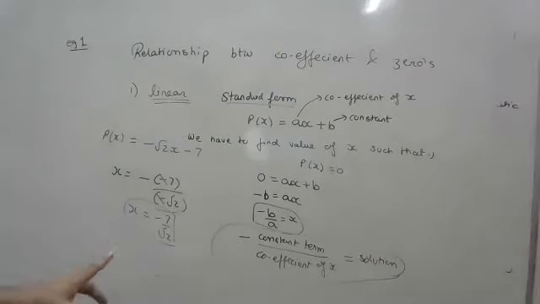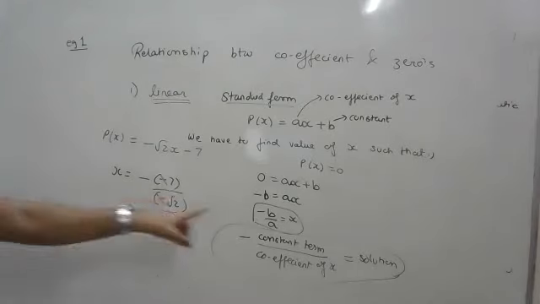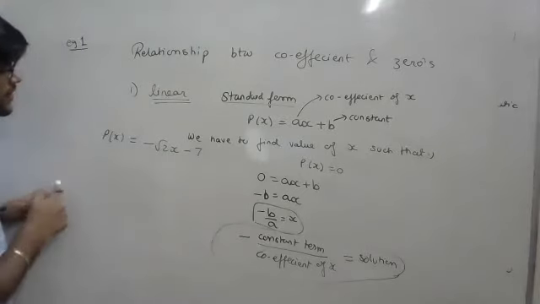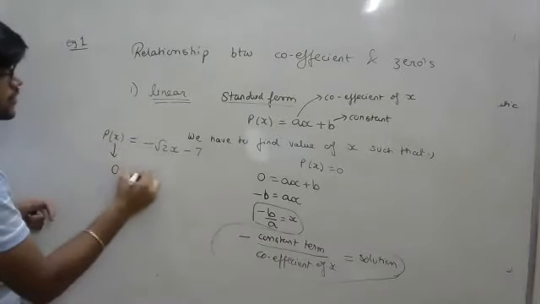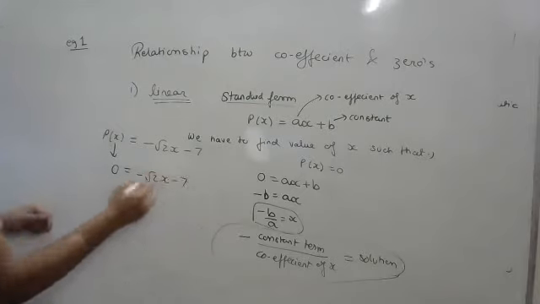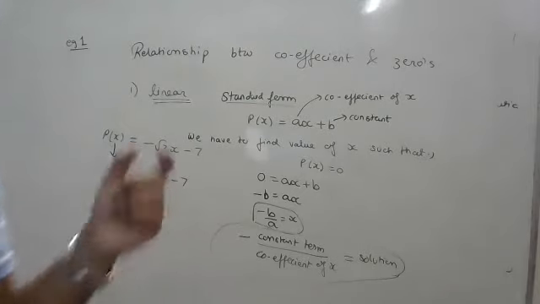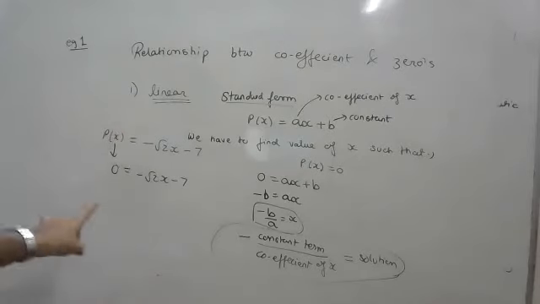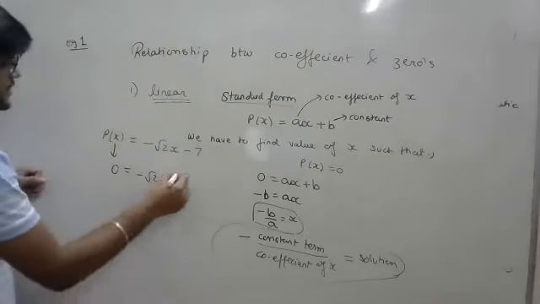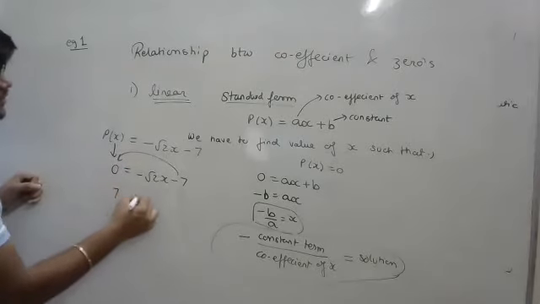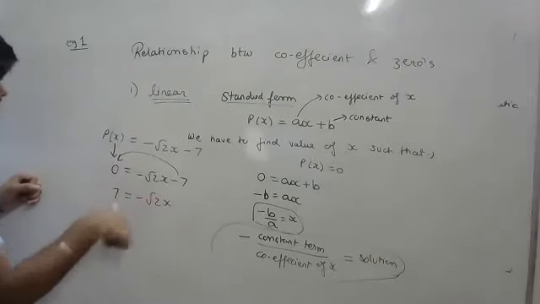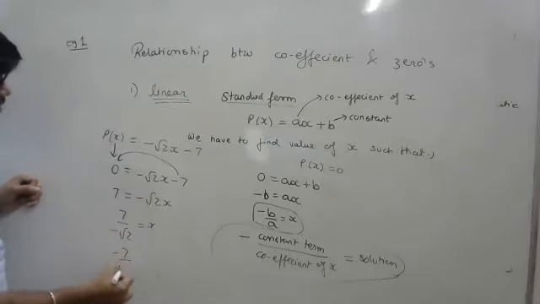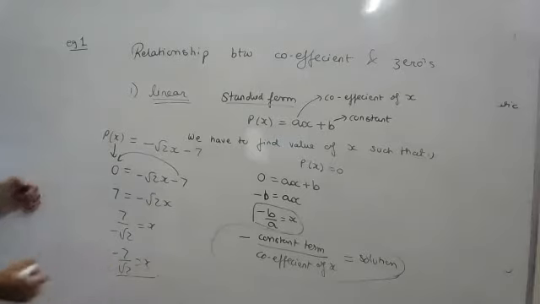Now those who are not understanding, just pay attention. It is not compulsory to remember in case of linear. What you could have done is just put this equal to 0. Whenever you have to find solution, if the question says find zero, find solution, find root, it means one and the same. P of x should be 0. Now you can send minus 7 towards the right side, it will become positive 7. And minus root 2 goes in division. So I'll again shift the minus to the numerator and I'm again getting the same answer.